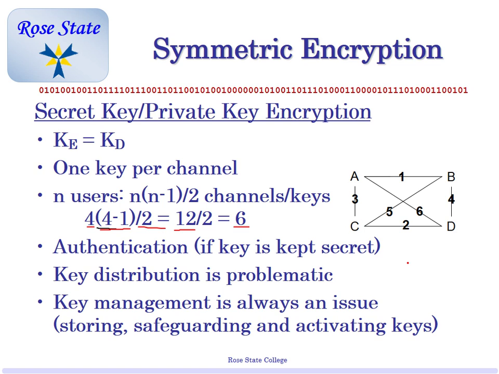Okay? So pretend I'm number A. I have to keep track of 3 keys. I can't jumble them up. I can't let any of them out. Everybody see how that works? So storing, safeguarding, activating. Maybe I'm going to get Josh the key. Is it active immediately, or do I want to make sure he gets it first? Or there was an issue.